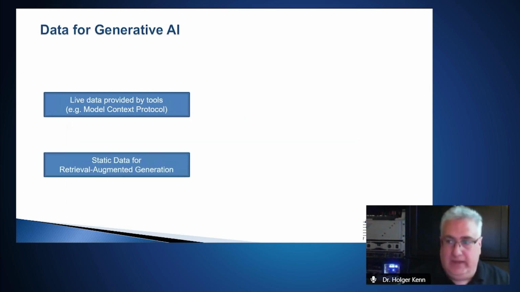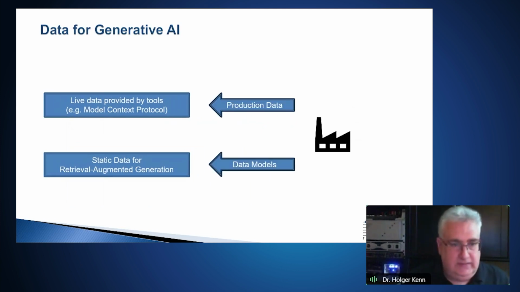So how can this work, right? The idea here is that we have data models. We have what we call semantic interoperability in OPC UA. So basically something that tells us what's actually the data, what does it mean, what can it be used for, how accurate is it? But then we have the actual data that comes from a running system. This could be a factory that provides its data. And this is really the data that would give those generative AI models to actually work with. So these are the two things. But again, what is this model context protocol? It's called a protocol. And what's this other thing?